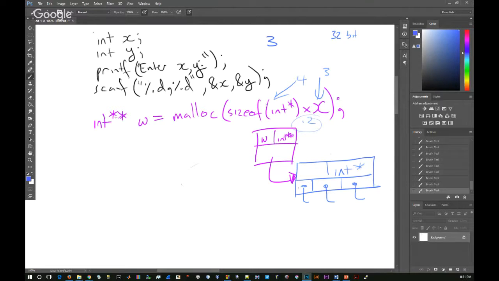Now, because this is an array, if I want this pointer, I can say w0. If I want this pointer, I can say w1. If I want this pointer, I can say w2, just like before. So now, I can quite easily do what I did in the first assignment and just go for,